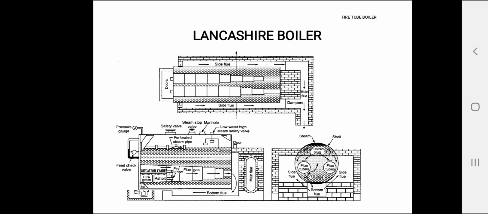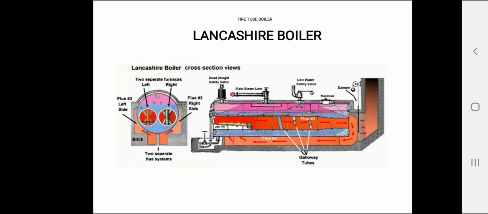Openings are made in the boiler for inspection. These are made to withstand a working pressure of 20 bar. The evaporative capacity of this boiler is 8000 kg per hour. Shell size ranges from 2 meter diameter by 6 meter length, or 3 meter diameter by 10 meter length. So it is available in various sizes.